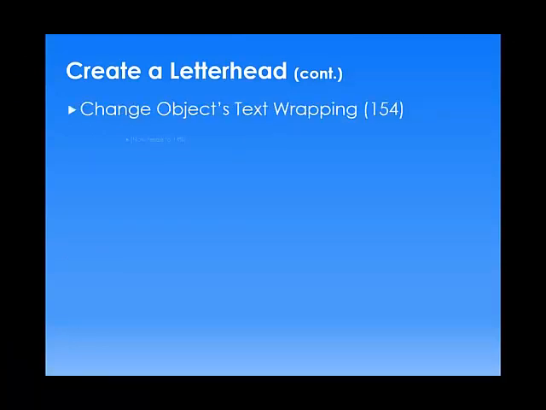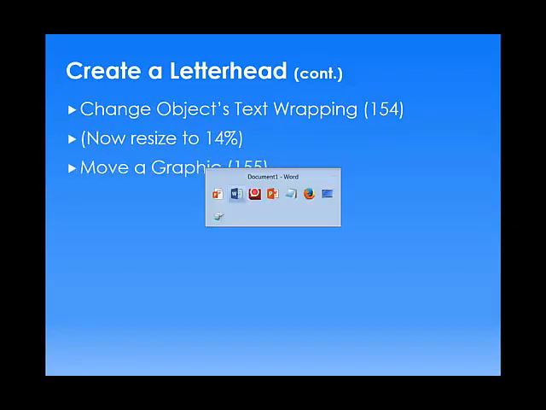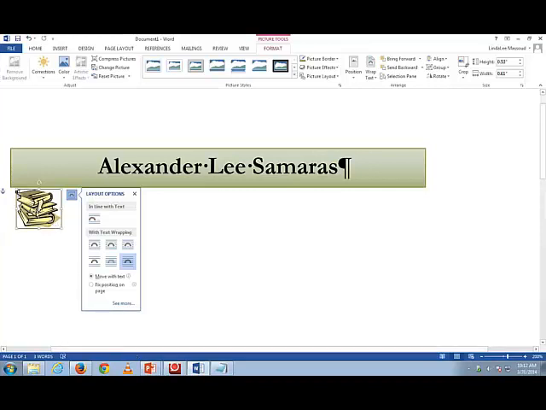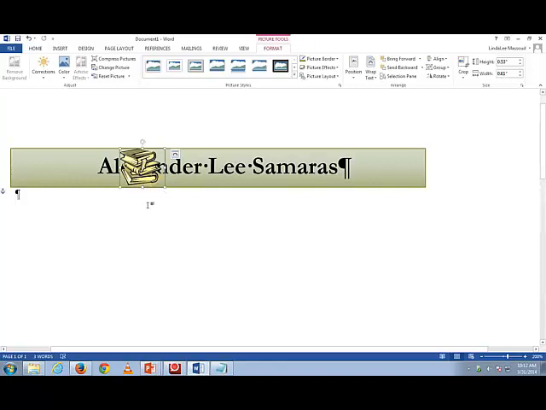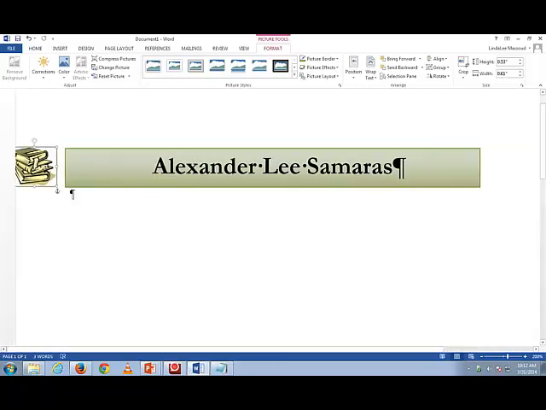I changed the wrapping. Now I already resized it. Now I'm going to move it. The nice thing about having done this is that I can put my mouse in the center, get a four-headed arrow, and click and drag it into place. You notice that if I had put it in front of my writing, since I chose in front of text, it would show up there. But in my case, I didn't ask for that, so I'm going to put it back here on the left-hand side, just on the left-hand side of that green box. And then I'm going to copy it,